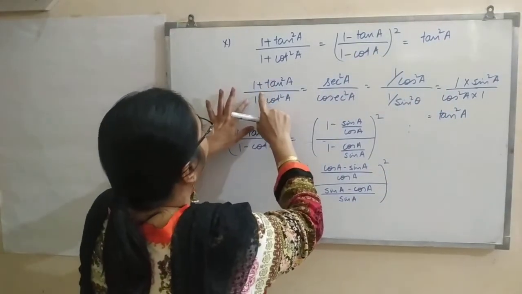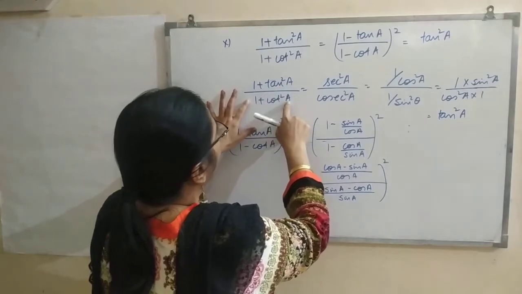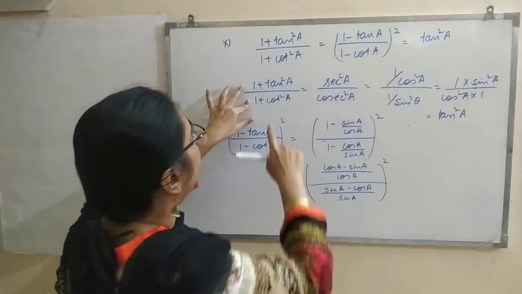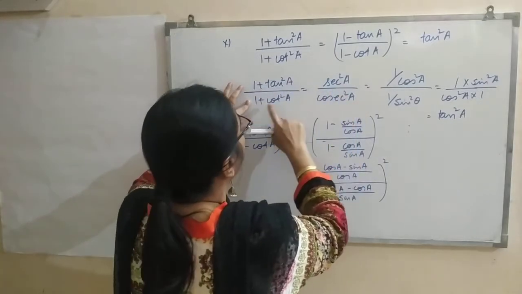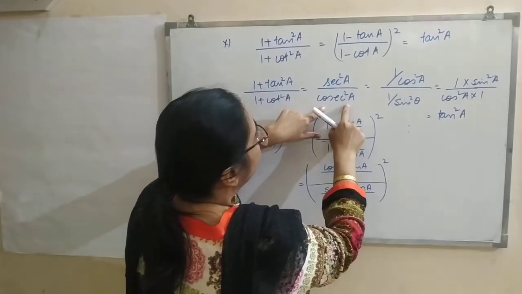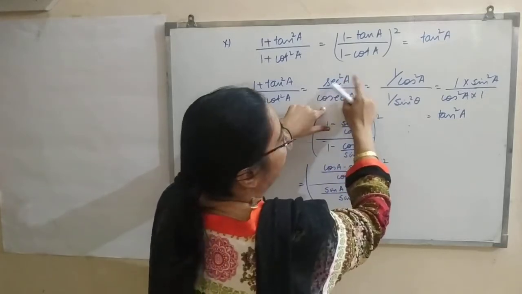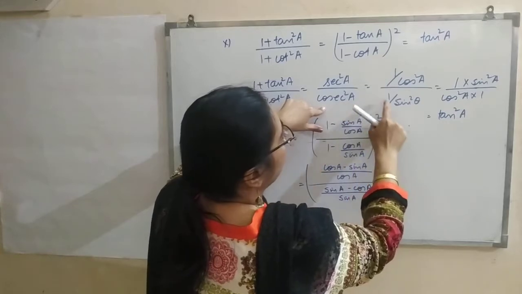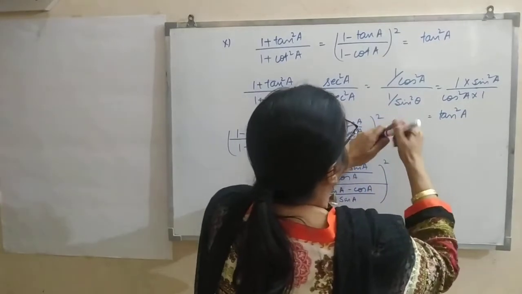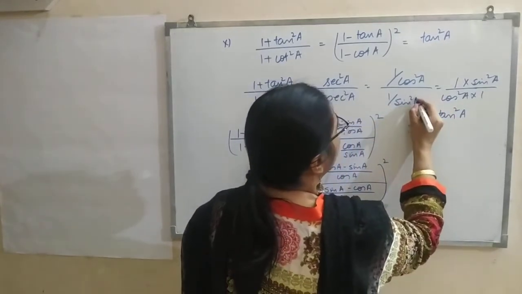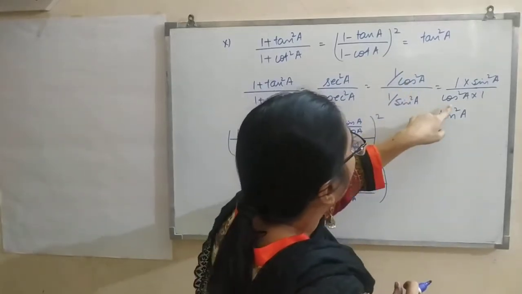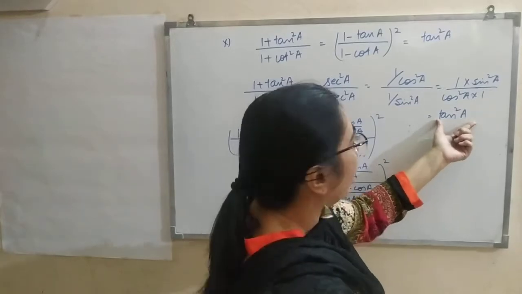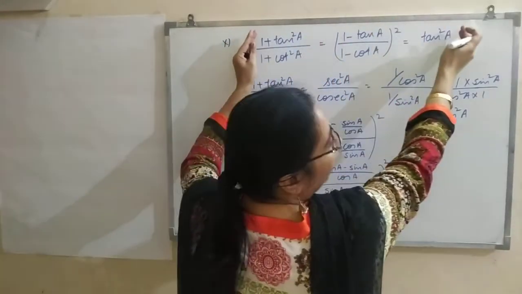So if I start with the first part, 1 plus tan square upon 1 plus cot square, it is a direct identity, one of the three identities which we have done. So 1 plus tan square A is secant square A and 1 plus cot square A is cosecant square A. Secant square A can be written as the reciprocal of cos, so it is 1 by cos square A, and cosecant square is 1 by sin square A. You can't change the angle, it must remain the same. So 1 by cos square A and 1 by sin square A, I write it in this way to get tangent square A. So the first part I have proved equal to the third one.